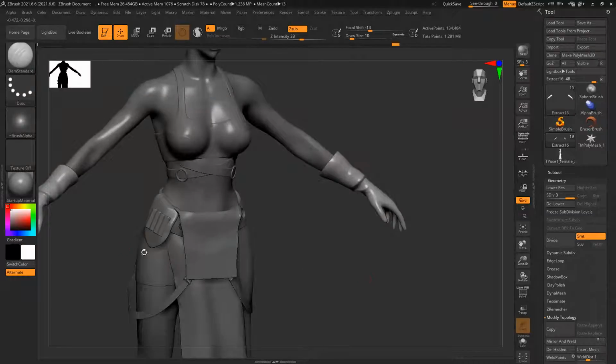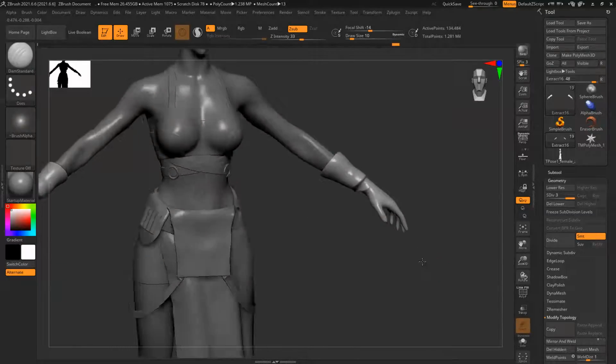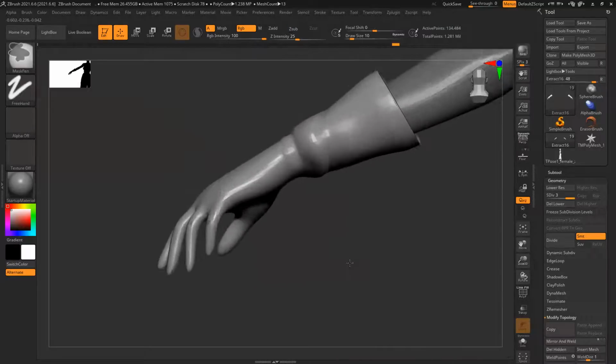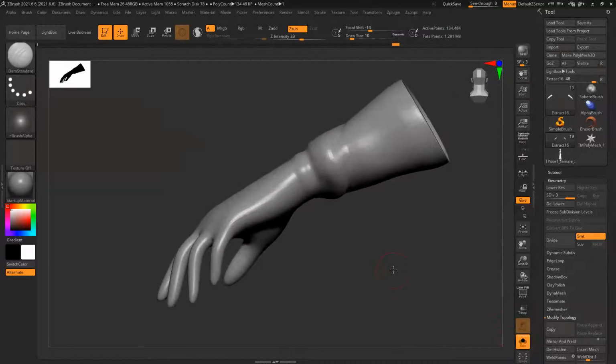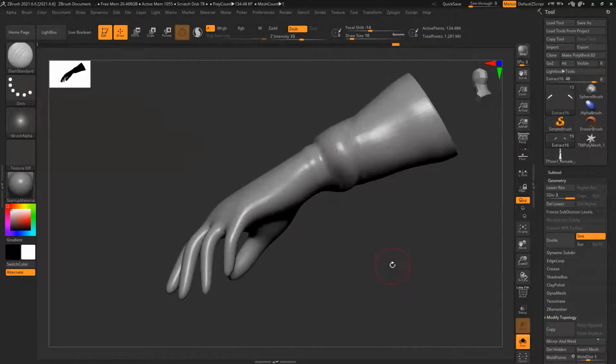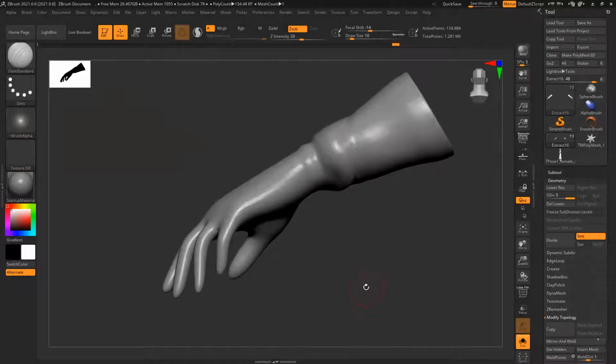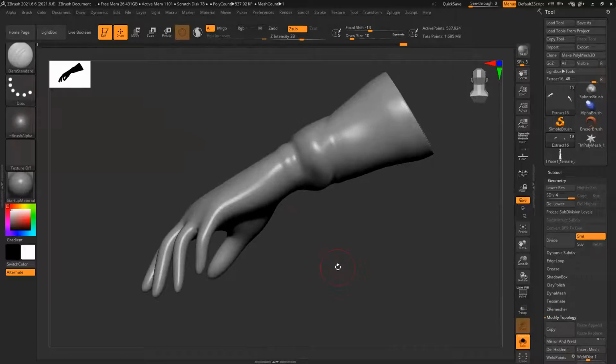Now I have a couple of buttons and some stitching. Subdivide. You see, I guess I have a stitching brush, maybe, not sure.